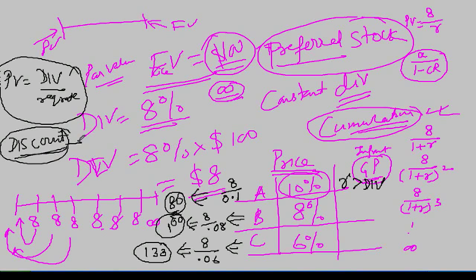When will the bond trade at a discount? When the required rate is greater than the coupon rate, or conversely, when the coupon rate is less than your required rate. Your coupon rate was 8%, your required rate was 10%. This implies the bond was trading at 80, which is less than the face value.